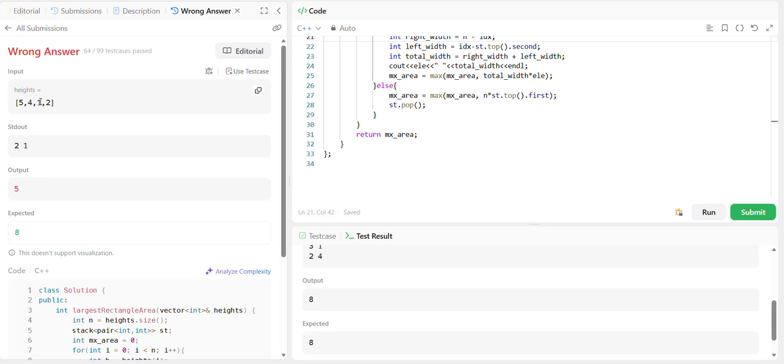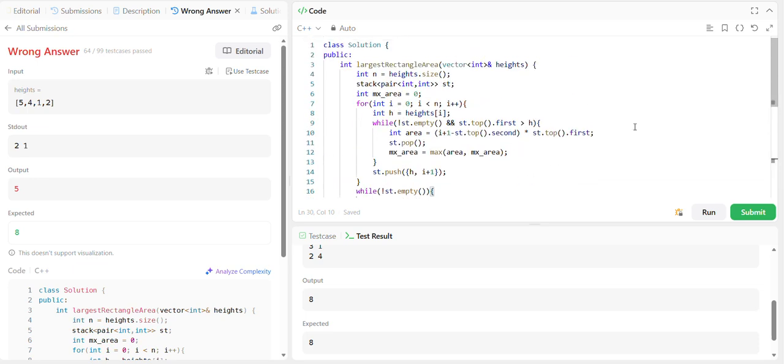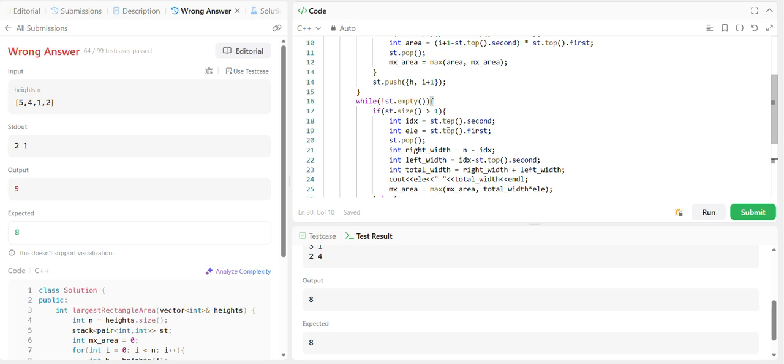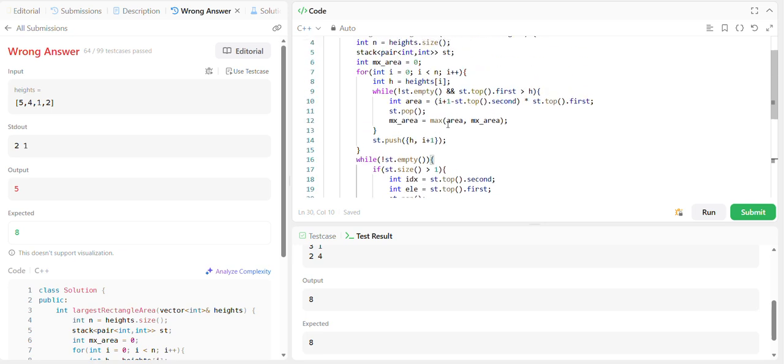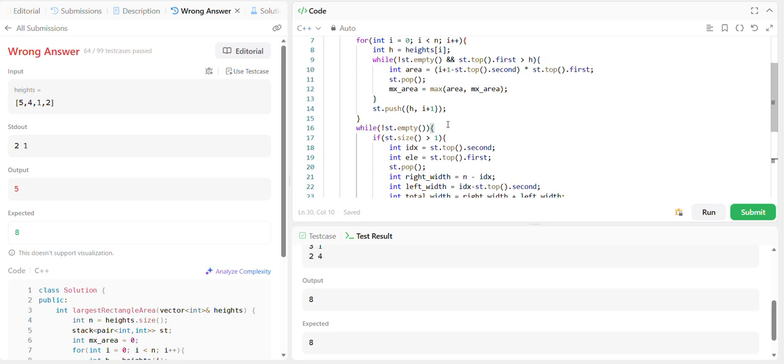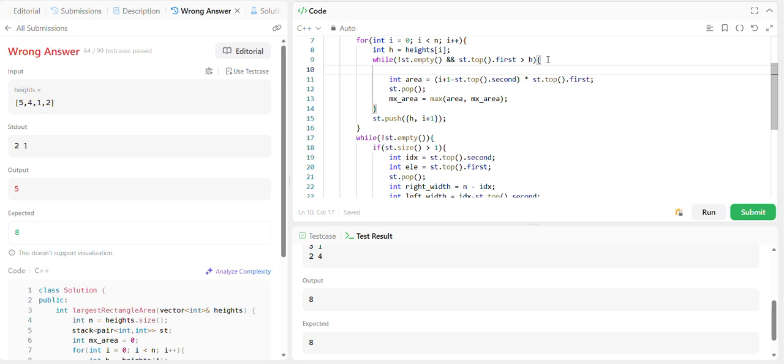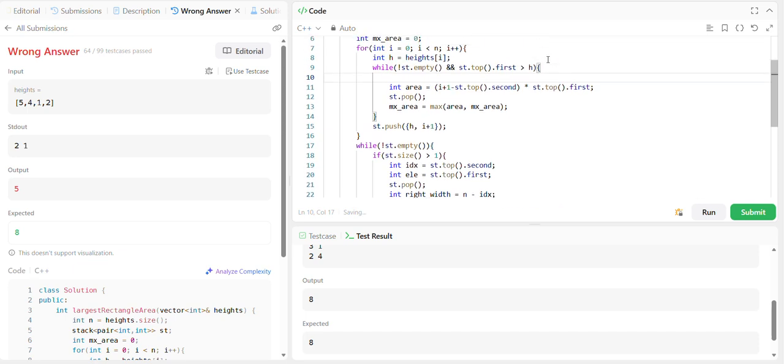Now 1 might have come. So what would have happened is, again here also we need to compare like what is the left height and the right height. So why am I saying this is because, okay, so here also we need to compare. So okay, so if st dot, let's write the same piece of code here. If st dot size is